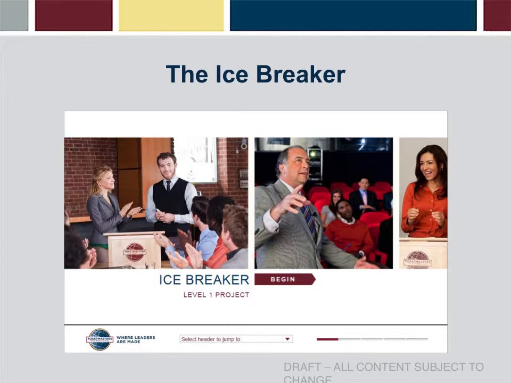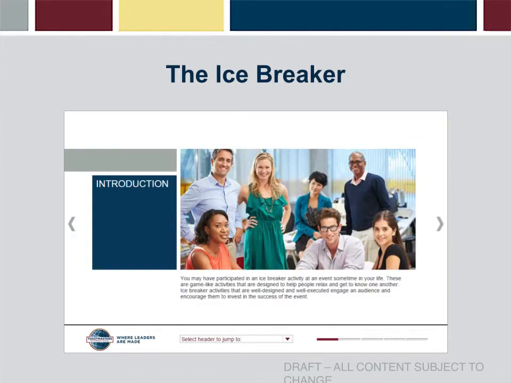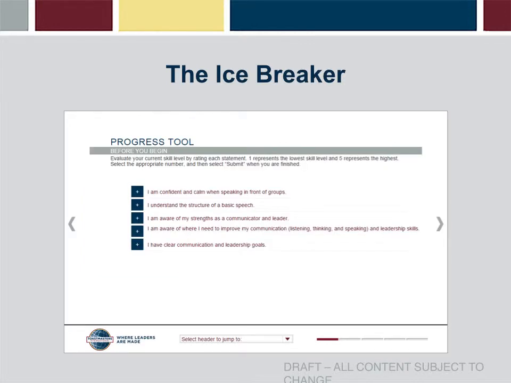On this slide, we can see some of the icebreaker project. To start off, you will need to click the Begin button to begin the project. To move through the project, you will click on the arrow on the screen. Here we see a progress tool, which you use at the beginning and the end of each project. For each item, click on the plus button, and input your score. Once you've done the progress tool, click on the arrow again to advance.